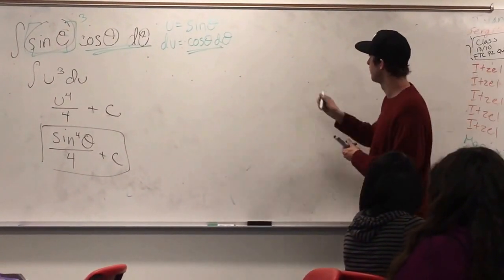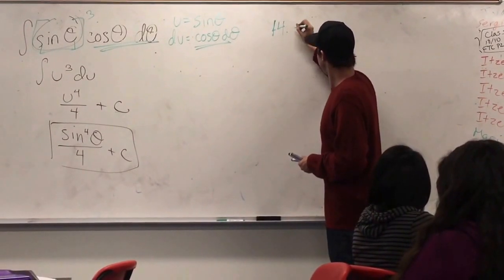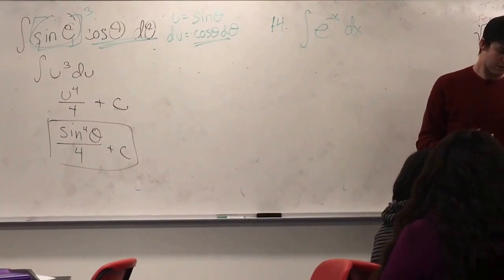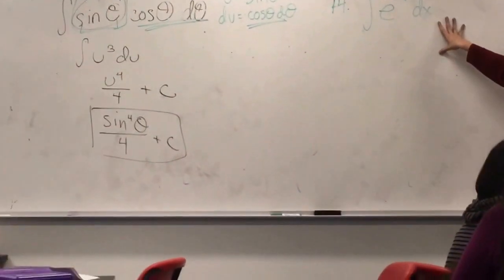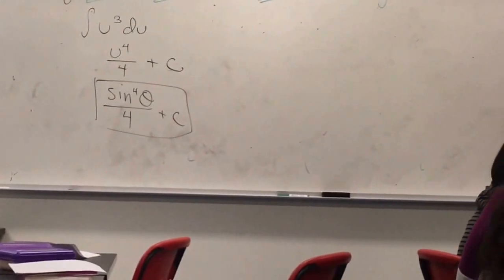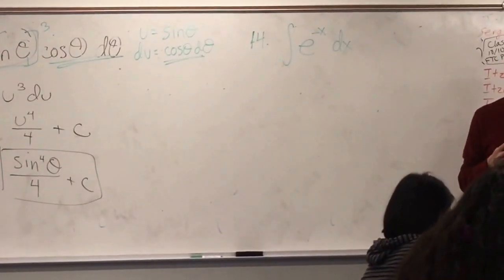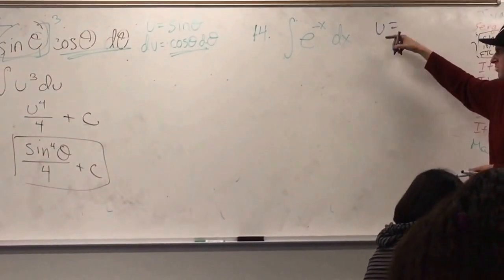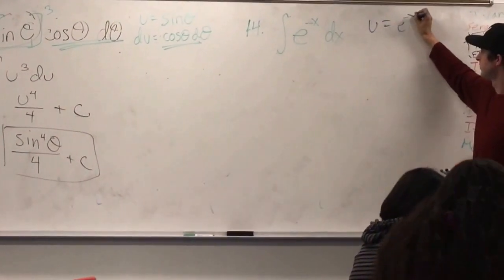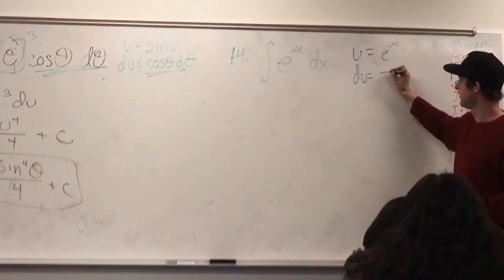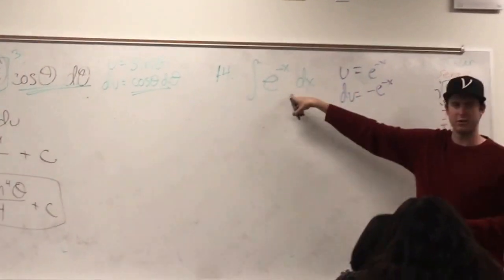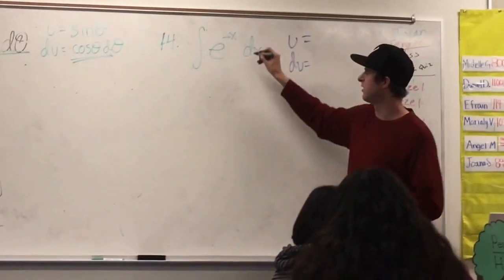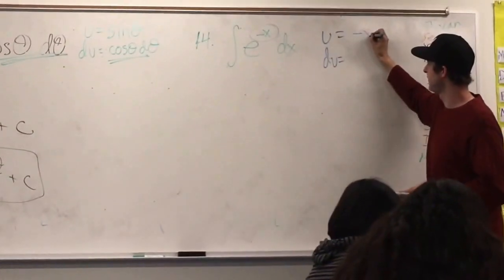So 14. Figure 4. Integral of e to the negative x dx. So again, this is one where if it was e to the x, you know the integral is just e to the x. Since it's e to anything else, we need to do a u substitution. And again, you could make your u like e to the negative x, but then your du is negative e to the negative x. And do I have another term in there like that? No. So in this case, my u is just going to be the exponent, negative x,